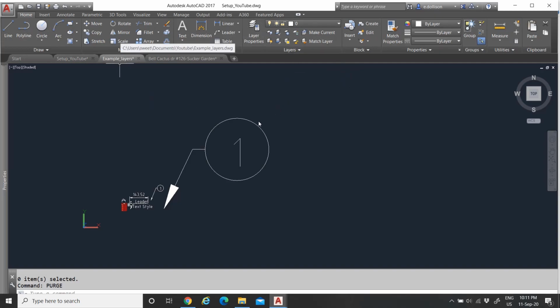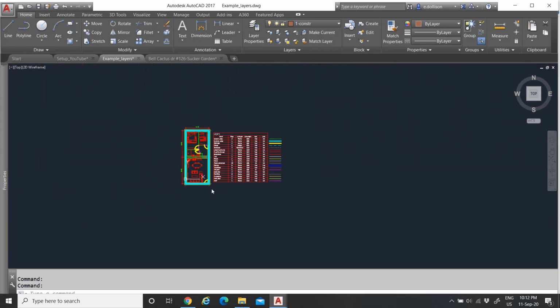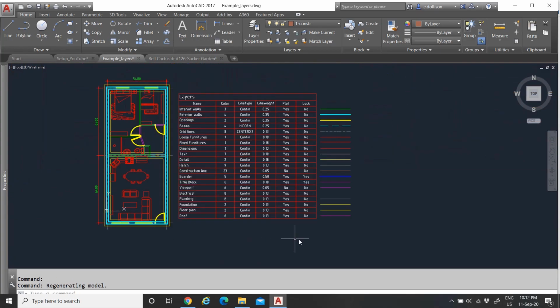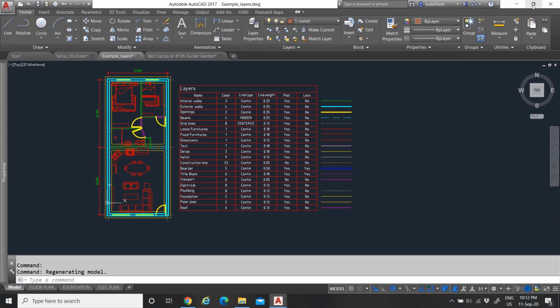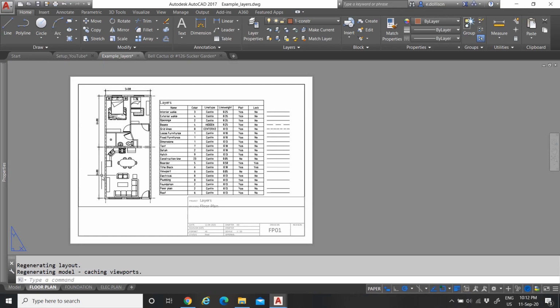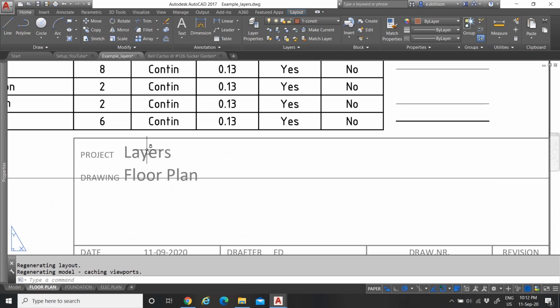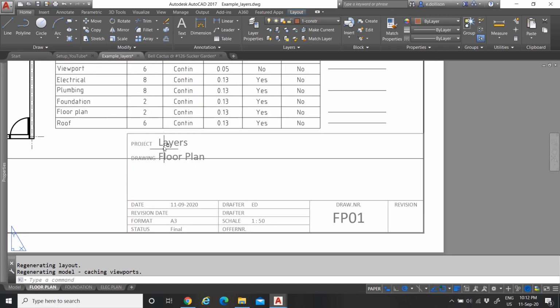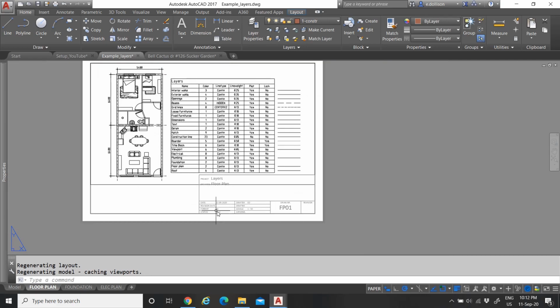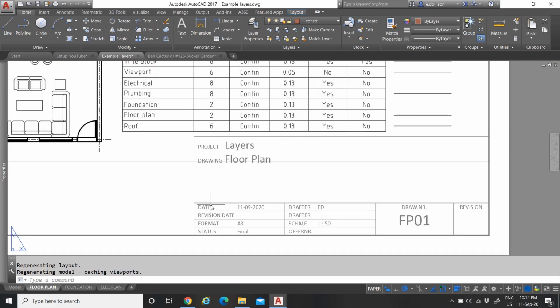Now here in my example, even though my drawing has all of these colors and all of these layers in my drawing, and here you can see many things, but if I go to my floor plan paper space, that's this one right here, the reason these layers are gray is because they are locked. As you can see, it's locked. That's why I was explaining to you guys about locking your title block layer and your